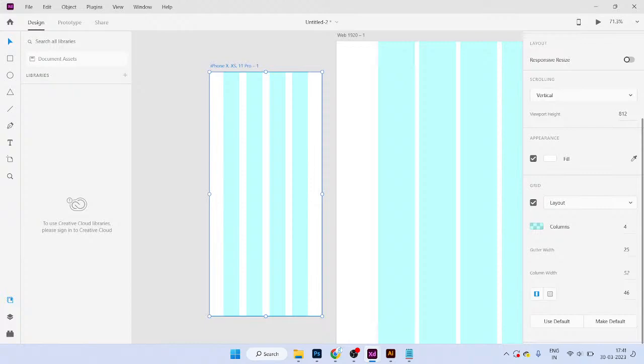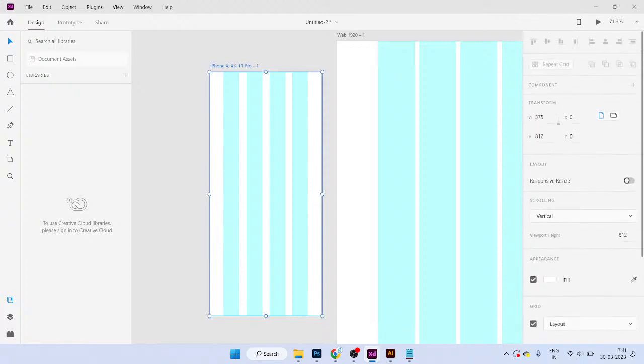Why? When we create a mobile app or a website, we have some particular sizes, the aspect ratio between the screens. We can see the website on mobiles and laptops only. When the same website we open on the mobile, that we call responsive. The same website opened on the web shows the left and right margins very clearly, and the same website opened on the mobile automatically fits into